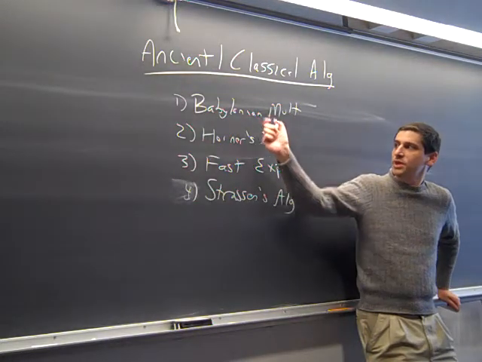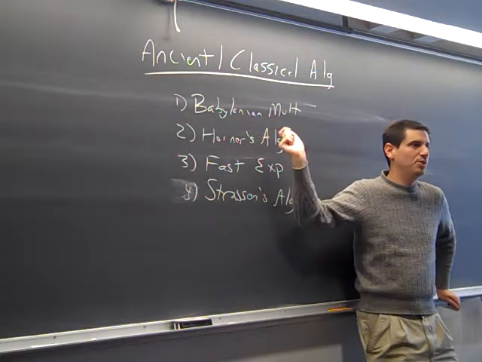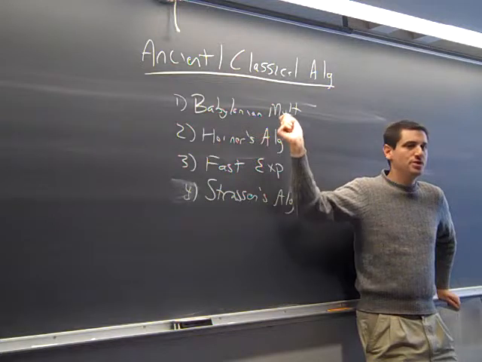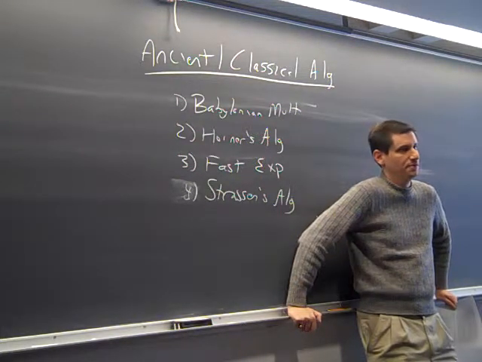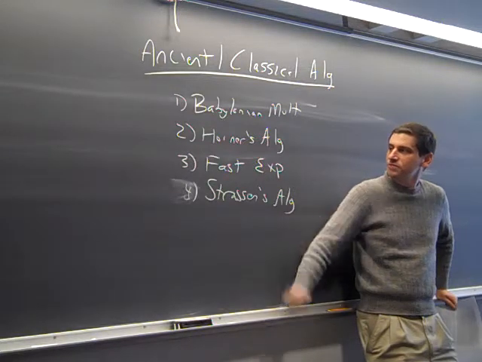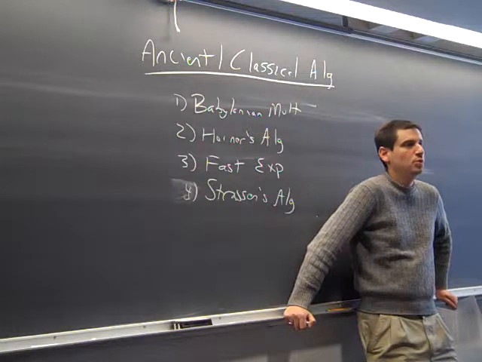So Babylonian multiplication, Horner's algorithm, how many of you have heard of Horner? The fast way to evaluate polynomials. So these are some classic things, and this is going to lead us into fractal geometry and chaos theory. And so, these are really big issues. It's not enough to do something, you need to do it well.